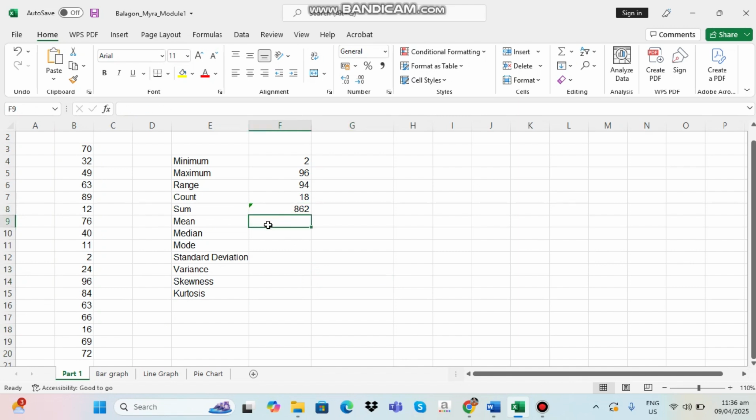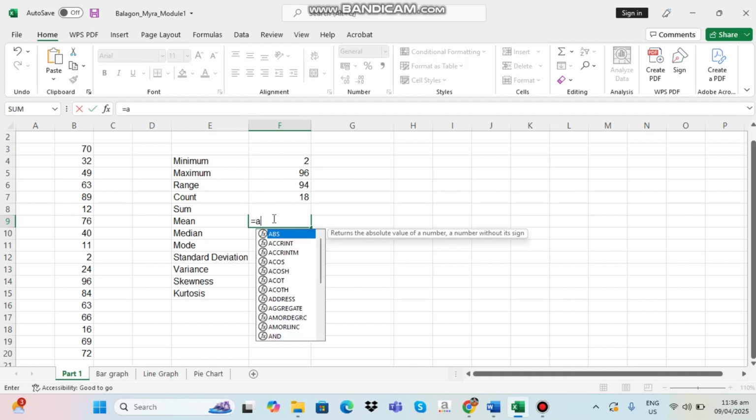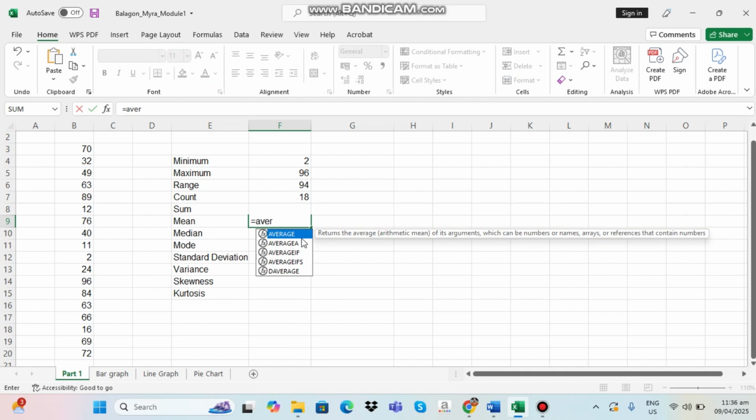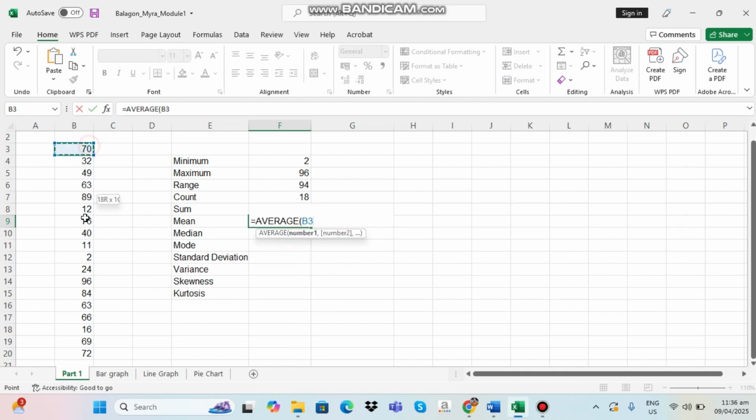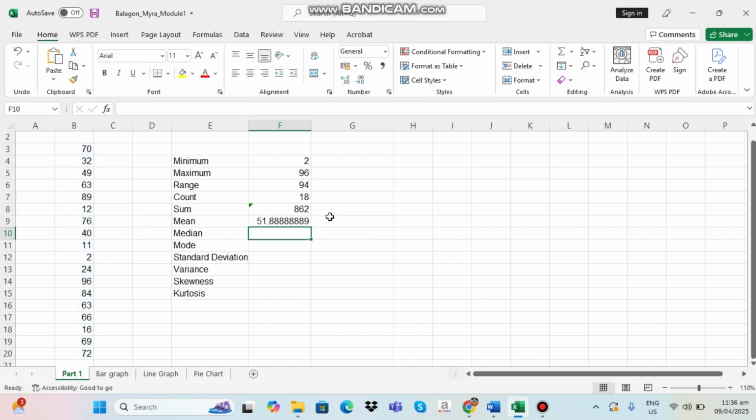And then for our mean. So for our mean, it is the average number of the data set. So how are we going to make use of the Excel? Para mas madali lang, no? So we just have to put equals and then average. So we have here average, double click that one and then drag all the data, then close and then enter. So we have here our mean